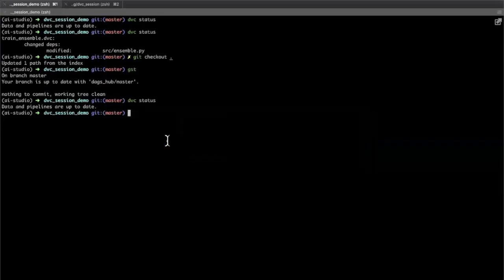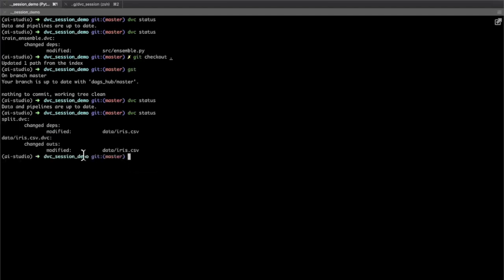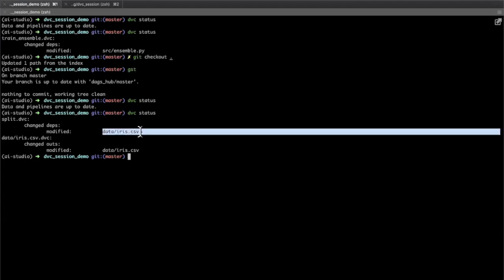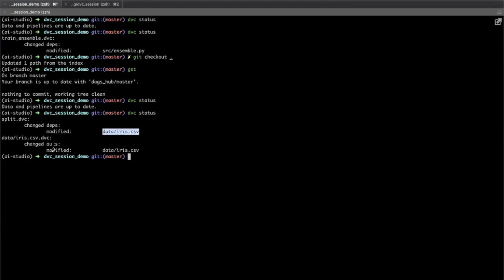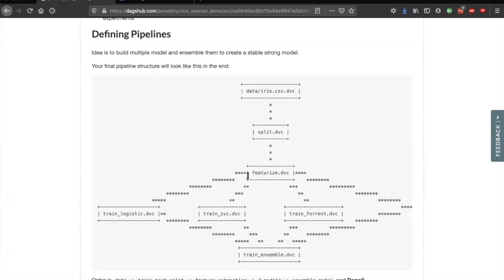You can see DVC status again shows that split.dvc has to be reproduced because data iris.csv changed. After you run DVC split, you will see that the feature stage should be reproduced. Similarly, all other stages. Did that answer your question?